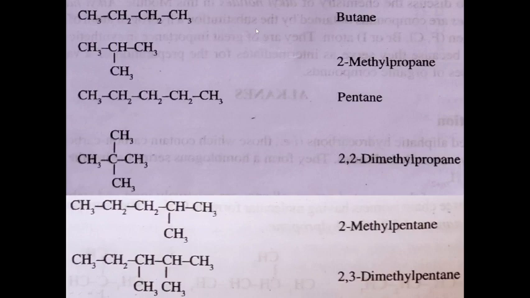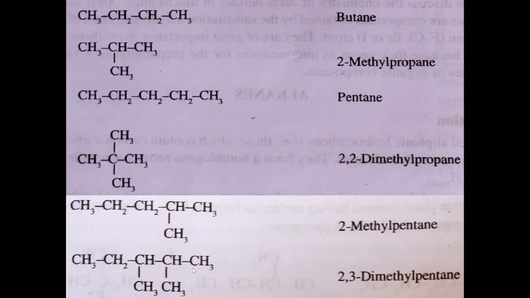Okay, and if you look at this one, here we have a CH3 group on the second carbon atom, so we have to start numbering in such a way that the substituent group should get the least number. So you can start the numbering from here 1, 2. If you start the numbering from here 1, 2, 3, 4, that is not the right way. So we have to start numbering from here 1, 2, 3, 4, 5. So this is pentane, and then at the second position a methyl group is there. So this compound is 2-methyl pentane.